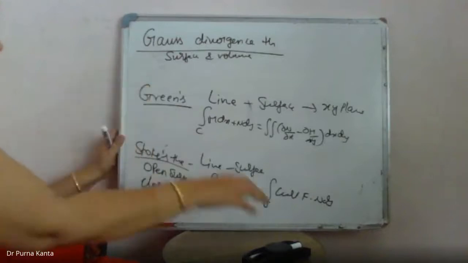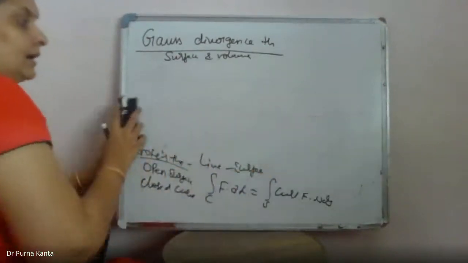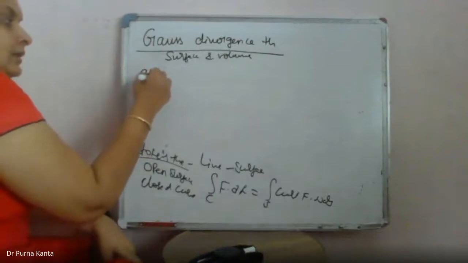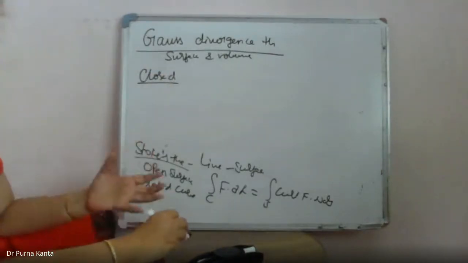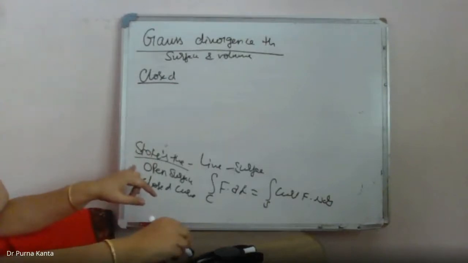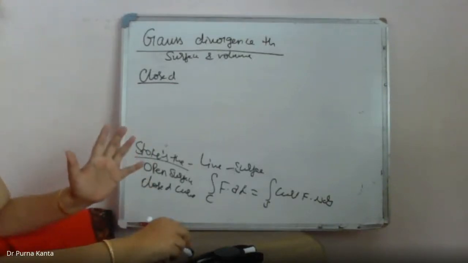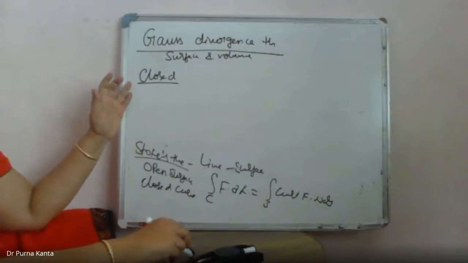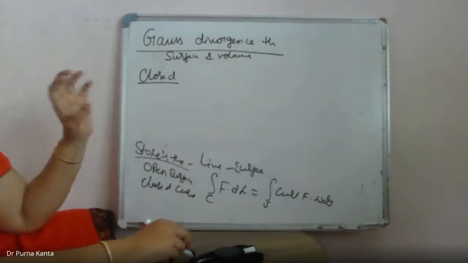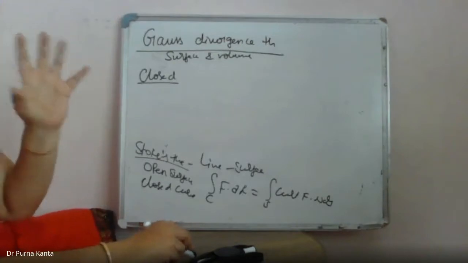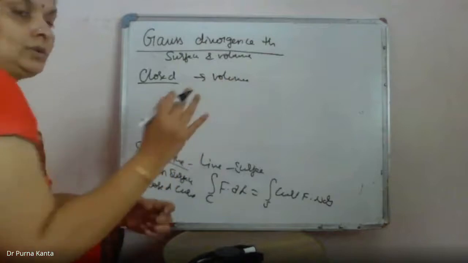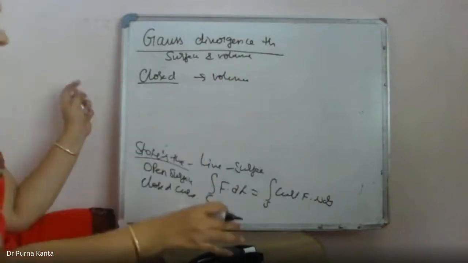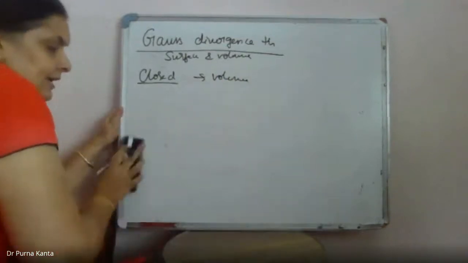But in the case of Gauss divergence, we consider a closed surface. Suppose we take a box: in the case of Stokes theorem, we calculated for 5 surfaces, if you remember. Now, in Gauss divergence, we consider all the 6 surfaces of that box. It is closed on all the sides, a closed surface, and since it is closed, it has some volume. So now we see what this statement says.